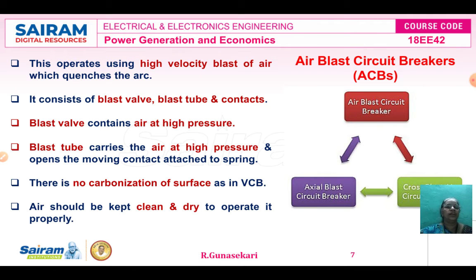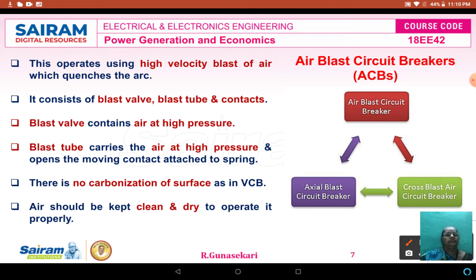circuit breakers, or the air blast circuit breaker, same. The air circuit breaker is used for high velocity. The high velocity blast of air only is used in the air blast circuit breaker. The air blast circuit breaker is classified into two types. One is the axial blast circuit breaker and the other is the cross blast circuit breaker, because of the flow of the